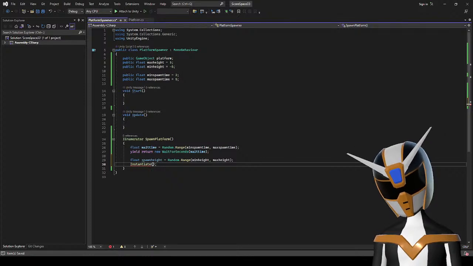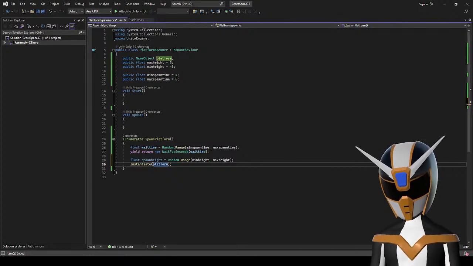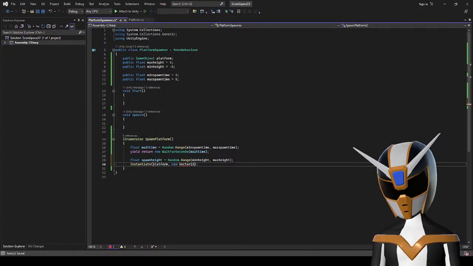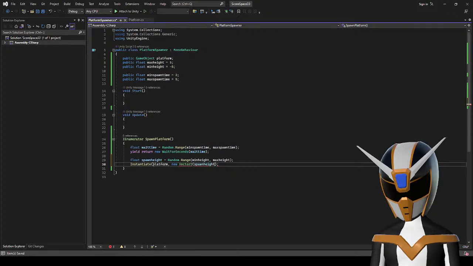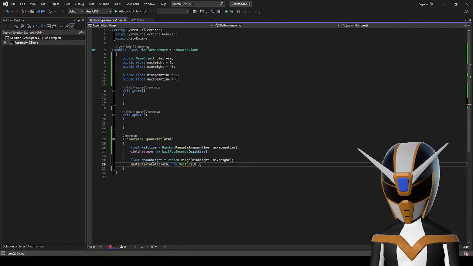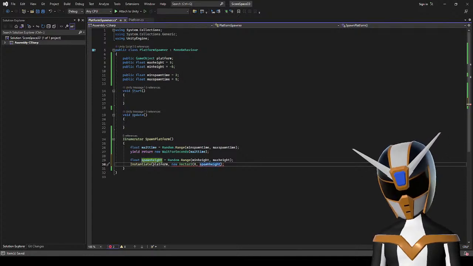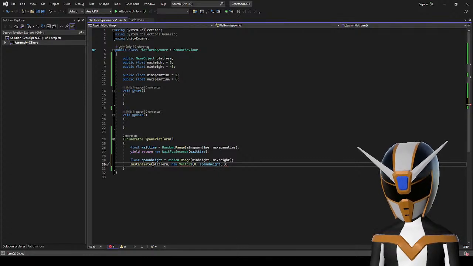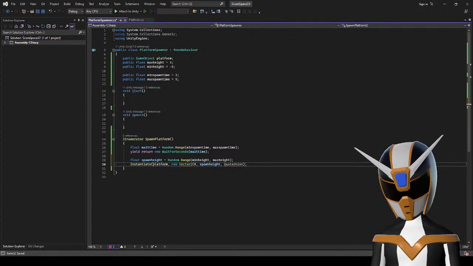Okay, so then Instantiate platform, and let's just go new Vector2 spawn height. And then, oh wait, no, that spawn height is the y coordinate. So x is 0, and then spawn height, and then Quaternion.identity.